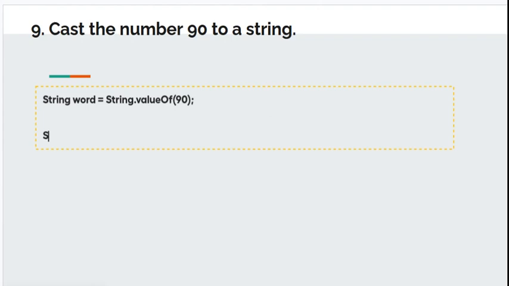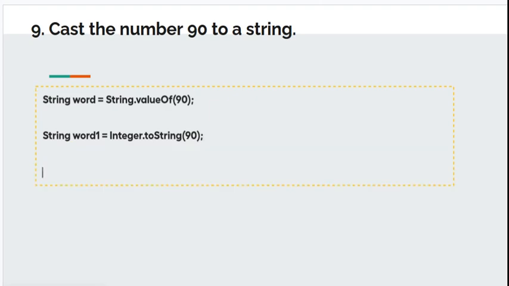I could also do string word1 equals, I can take it to the integer class, since that was an integer, dot toString. Every class has a dot toString method. 90. And it'll automatically convert it